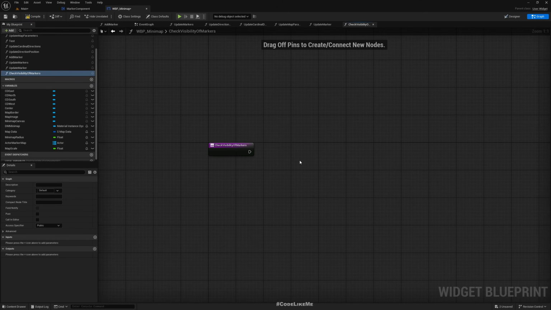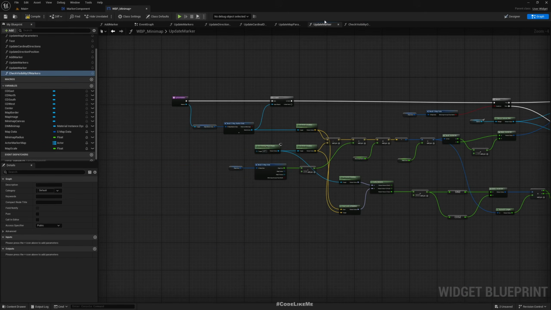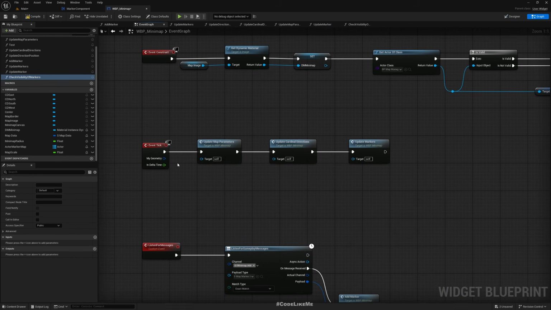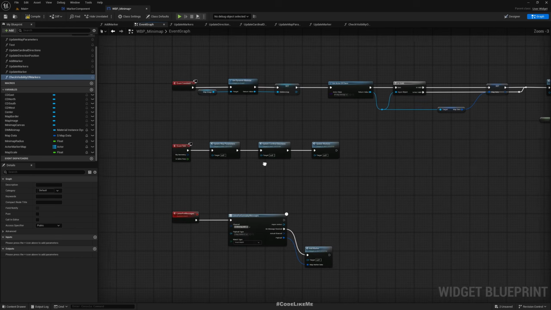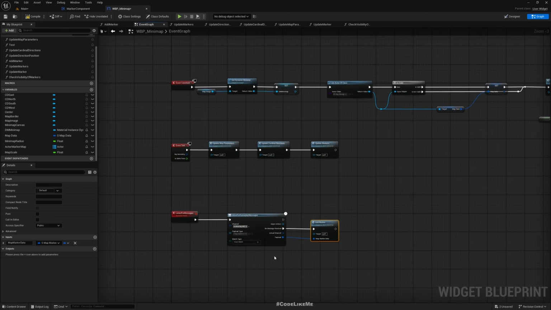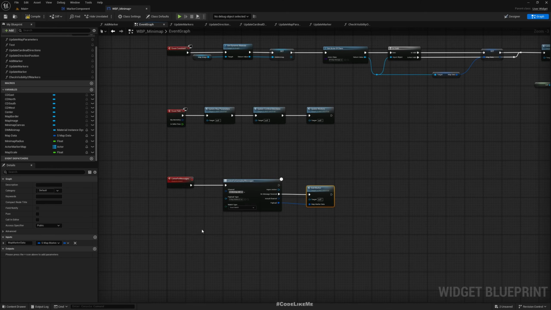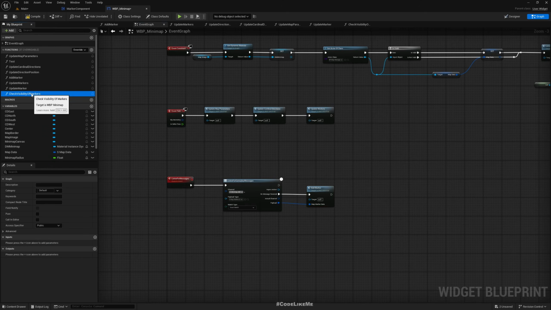Now, the reason that I added this as a separate function and not into this update marker is, update marker is something that we need to do in the tick, because as the player rotates, we need to update the locations of markers in real time, but it's not necessary to check the visibility of the markers in every tick. So we might be able to get away with running it on a timer, so we can save some performance. So check visibility of markers, and I'll run this